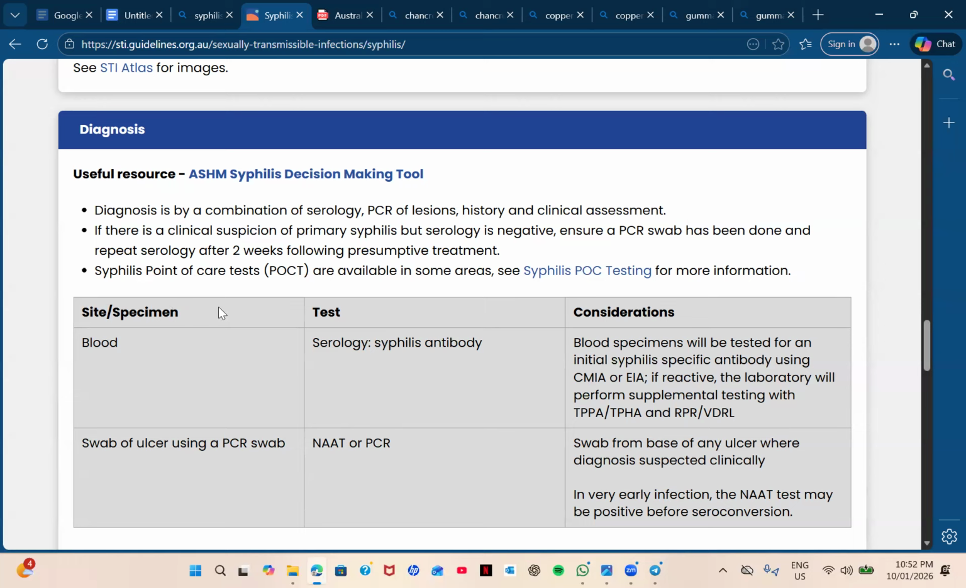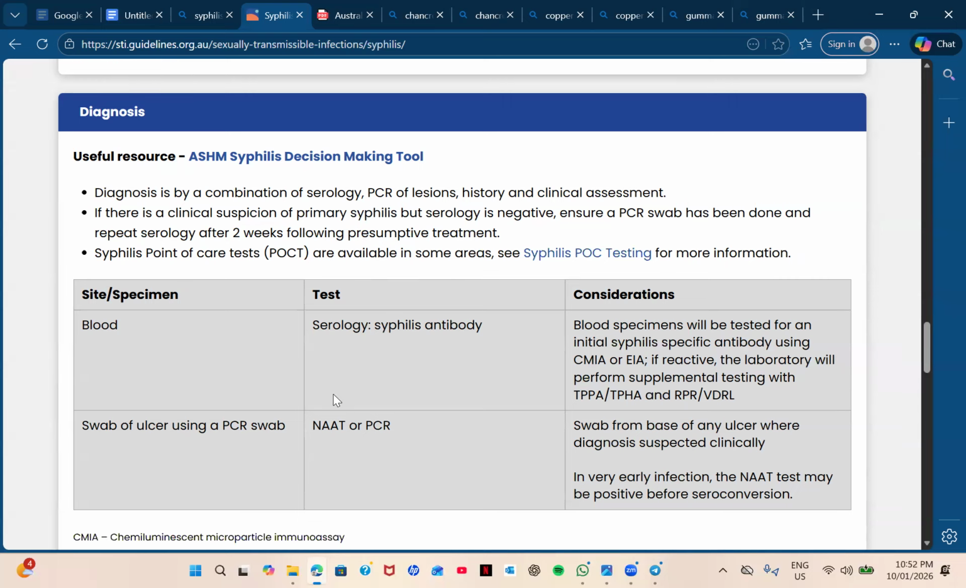Then, syphilis point of care tests are available in some areas. You don't need to remember that, okay? Then,